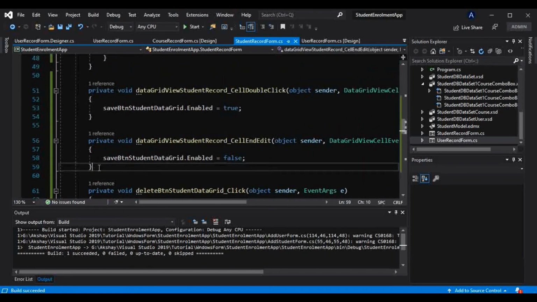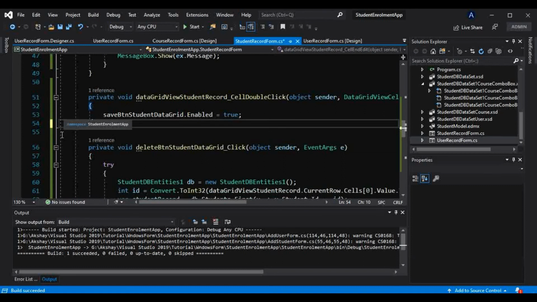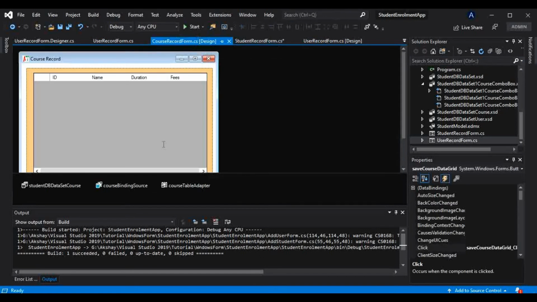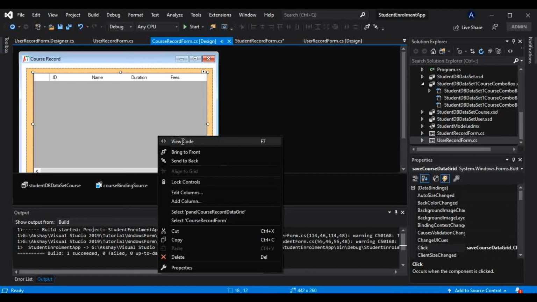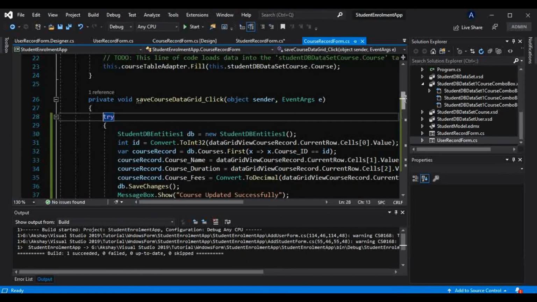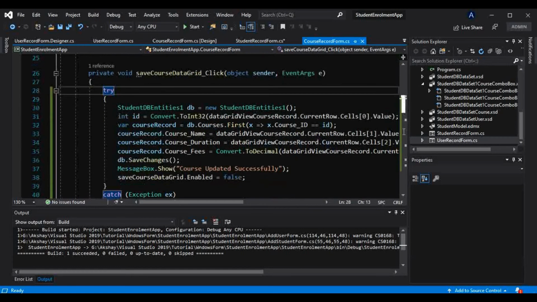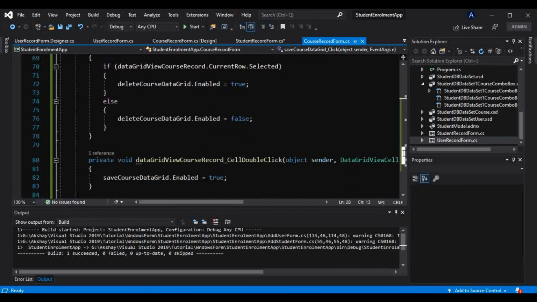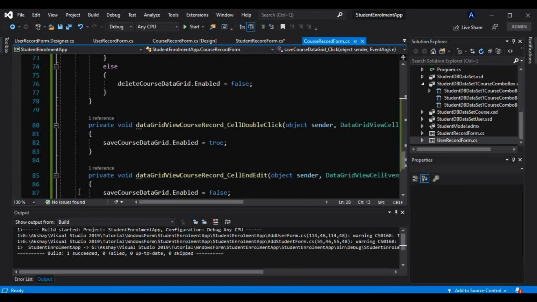Here I have to get rid of this from the student as well as from that course. Course record form, and let me go to the view code, and in that sale and edit event.